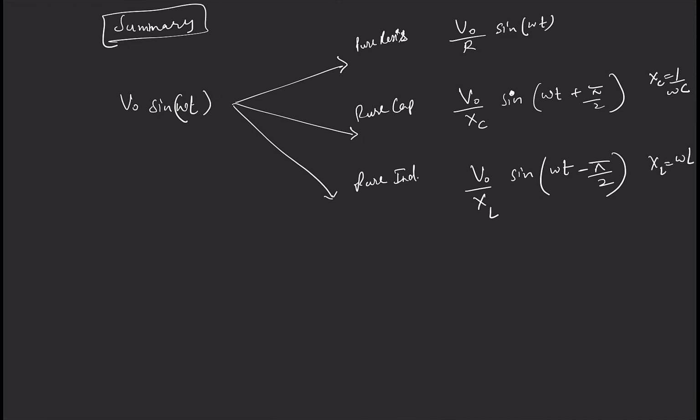So you should be able to easily find the instantaneous value of current for these three types of circuit if you know the instantaneous value of voltage across these items. If you remember this, then all the questions of AC circuits would become very easy, because once you find the instantaneous value of voltage, which I denote by V, and the instantaneous value of current, which I denote by I, everything becomes very easy. Now you can find IRMS, VRMS, I peak, V peak, anything, whatever is given to you.